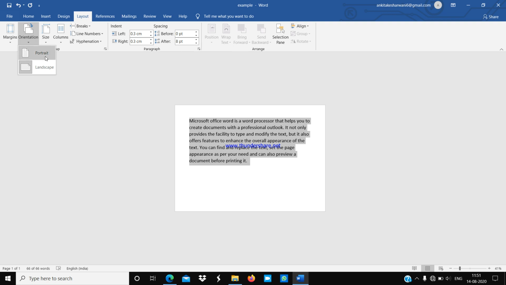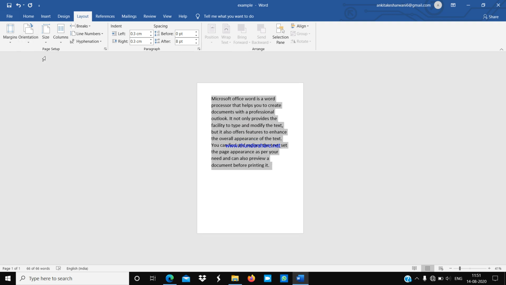Now I am again selecting portrait mode. You can observe the changes. Okay, students? So like that you can change the orientation. Orientation means in which orientation you want to print your document.